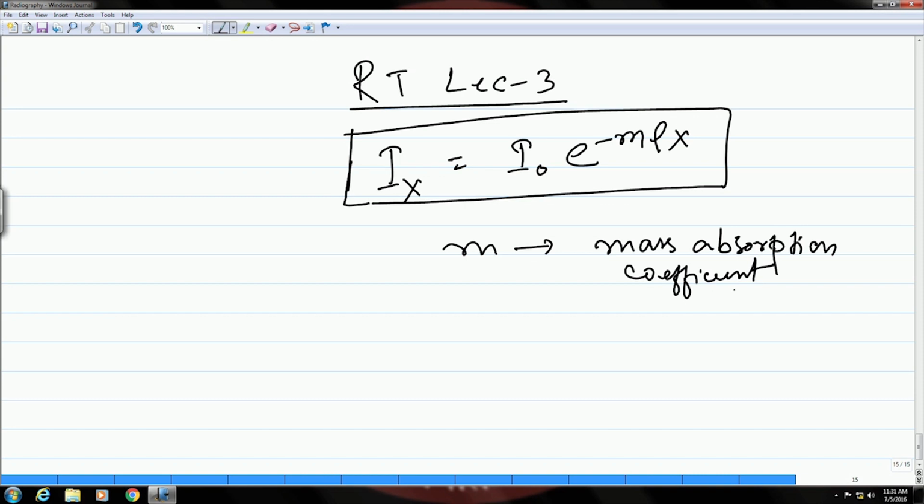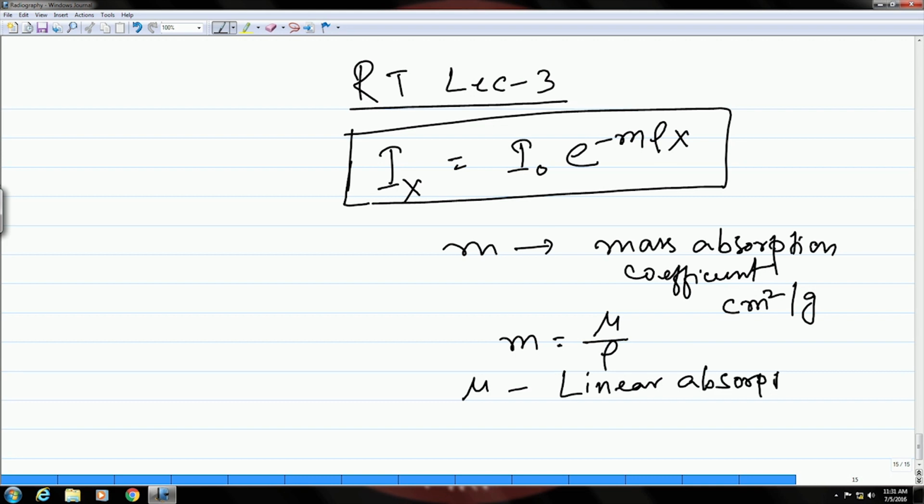And the unit for this is centimeter square per gram, and we have also seen that m is equal to mu by rho, wherein mu is the linear absorption coefficient, and the unit for mu is centimeter inverse. Okay. So, this is the